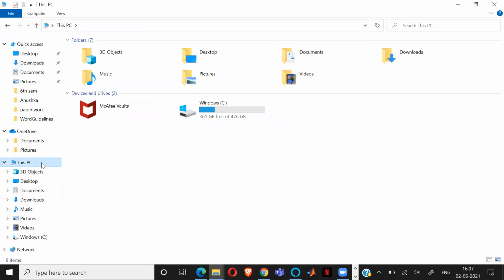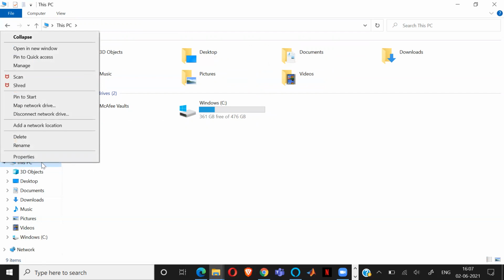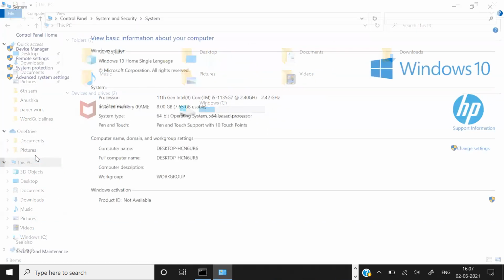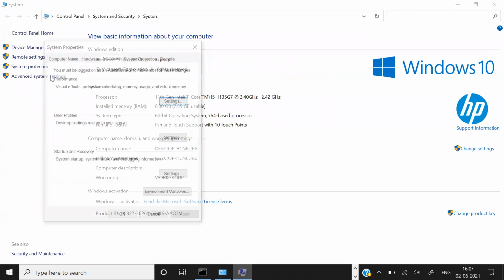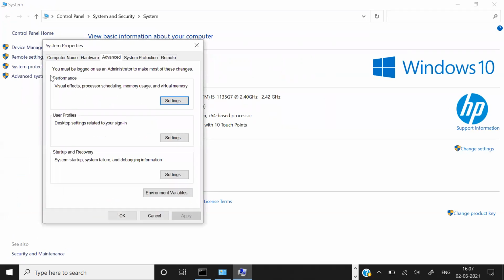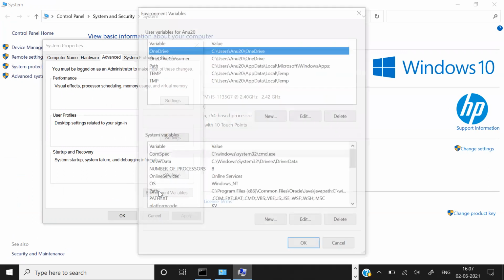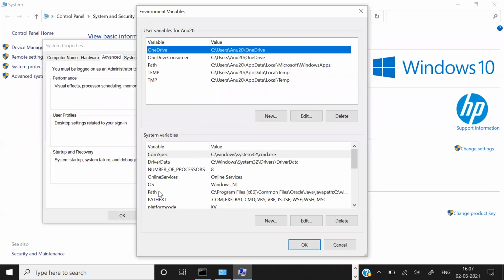Properties. Click on this Advanced system settings. Yeah, Environment Variables, click there. Now here, click on New in the below one, system variable. Yeah, New.